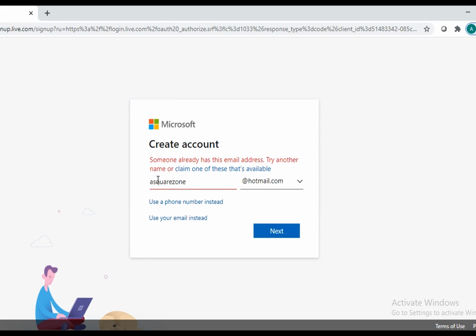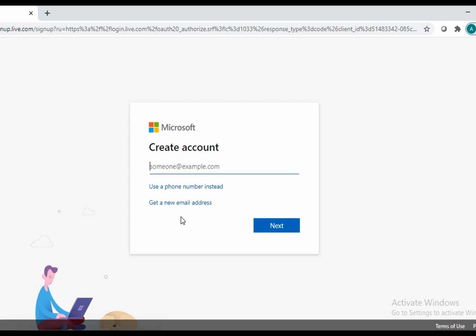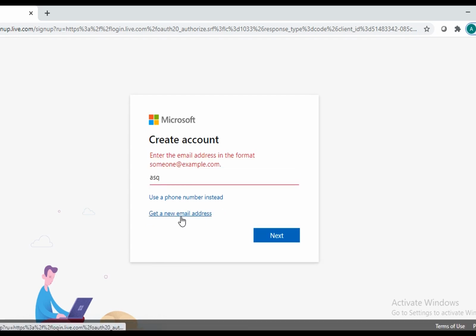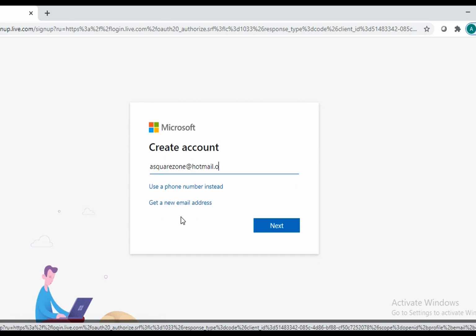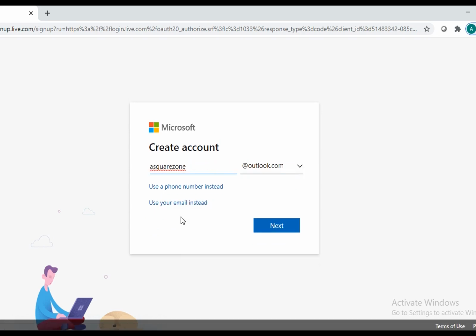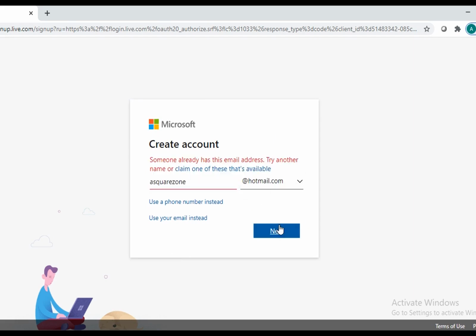Here I already created a Square Zone Hotmail, so that's why it is not allowing me to create an account with this mail. So I'm using a different email instead. Here I'm going to provide Square Zone @hotmail.com, and I'm clicking on next.